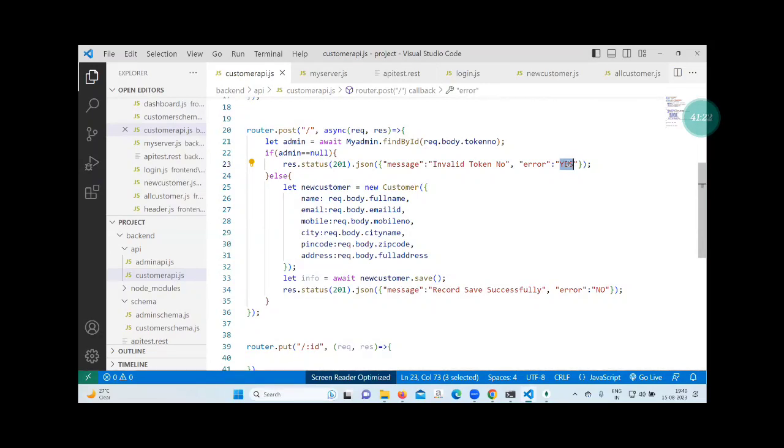Why not clear the text box if yes? The server has not received your value, and if you clear the text box, then what will happen? The value is gone from the text box, and the value is also not received by the backend. So if no, then only clear. If yes, then don't clear. Now the condition is applied in both places, while saving the data and while fetching the data.